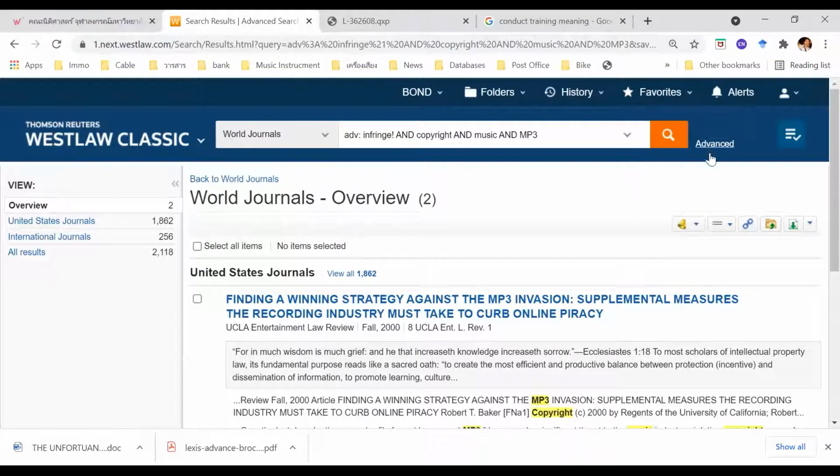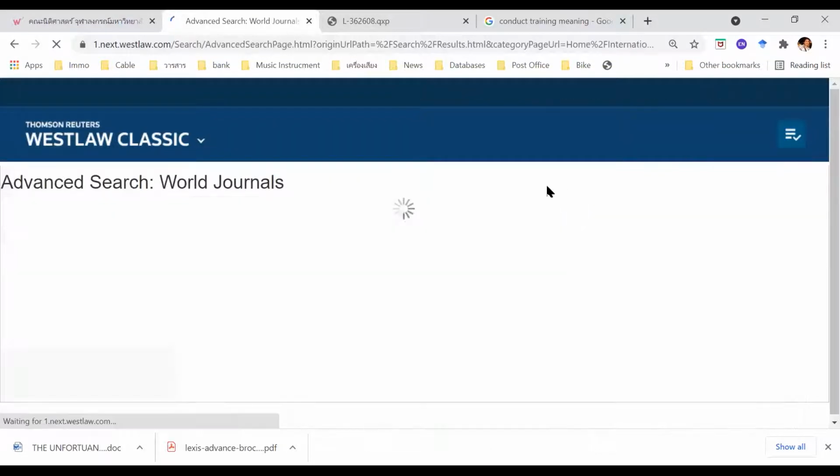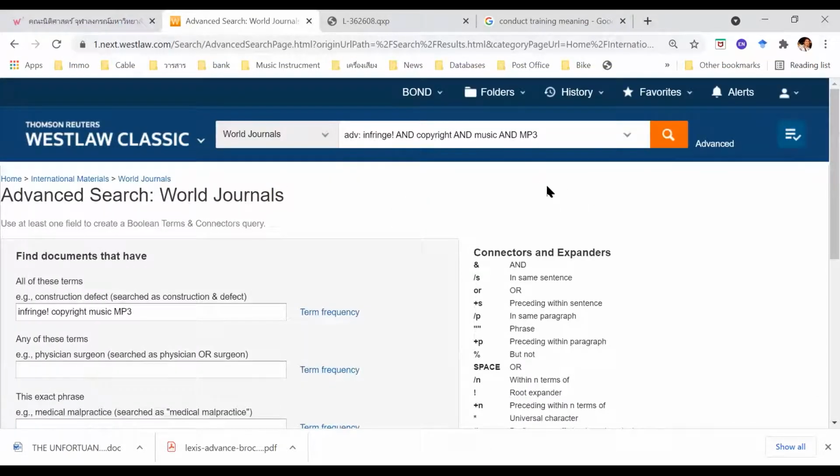So I will apply more advanced search from this. Just use this one, advanced search. You look at it. I don't have any more key terms, keywords, but I want to control the results that are relevant to my meanings. The first one, I think,